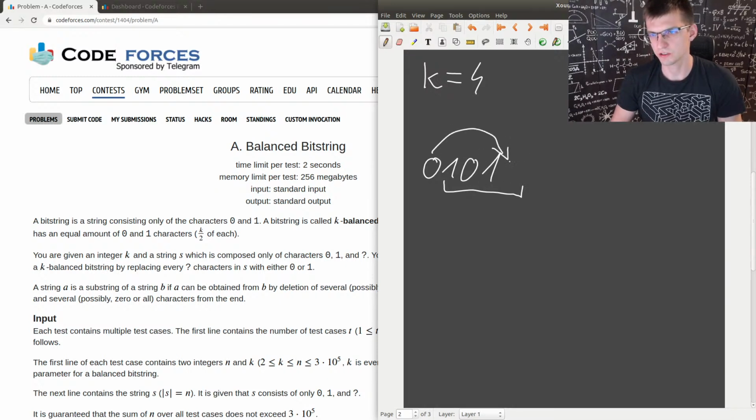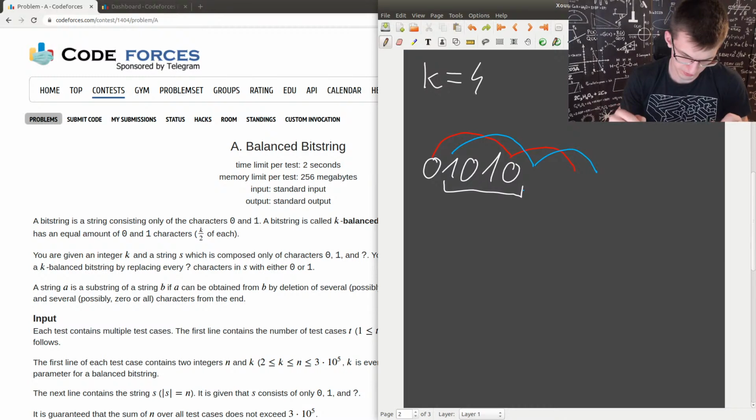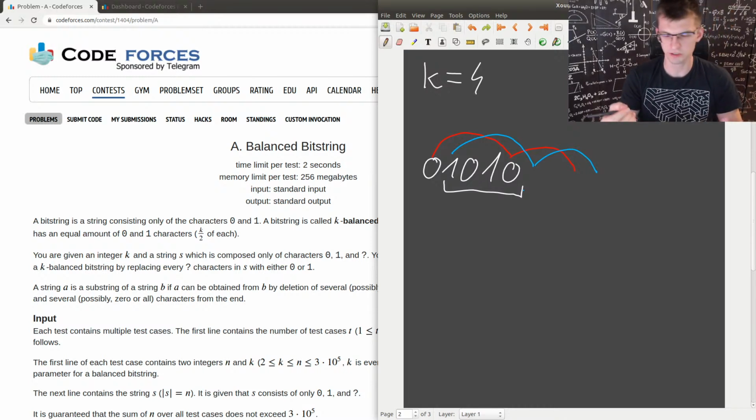So this also must be 0, and there will be such a period. Every 4 elements, there is the same thing. So everything is defined just by the first 4 elements. The problem becomes: choose k elements in such a way that there is the same number of zeros and ones, and then it's a period. And this means, because k is given,